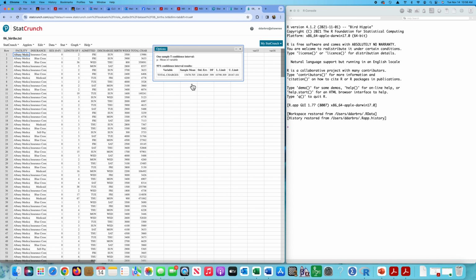Looks like the mean charge was $15,478. Standard error was 2384.83. Remember me talking about degrees of freedom earlier, 399, 400 minus 1. And the confidence interval ranges from 10,790 up to 20,167. So we can say with 0.95 probability or 95% confidence that this interval,